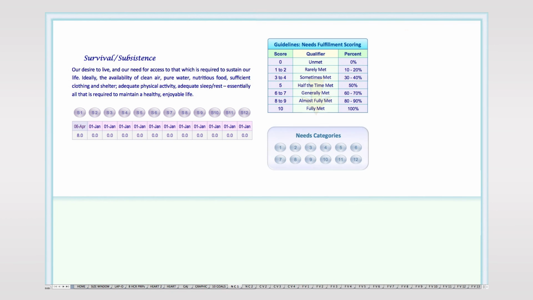Underneath the scoring table is the Needs Categories Links panel. Clicking any of these buttons will take you directly to the description page for that needs category. This panel allows for efficient navigation during the daily review process, which I will be explaining in more detail in the next instructional video. However, for the purpose of this overview, here's a brief description of how these panels are